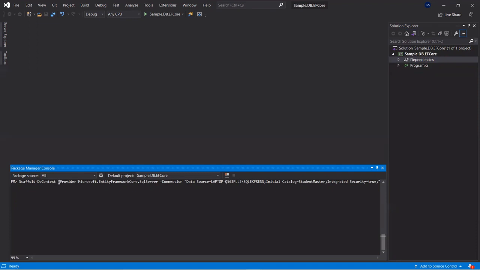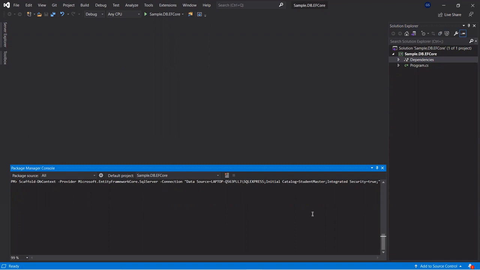The provider is required as we need to mention which provider you are going to use, like SQL Server, MySQL, or as per your requirement. After that we have provided the connection string with the help of -Connection. Here we have the data source, where we have given the server name and our database name. This is the command you need to run for creating the models.